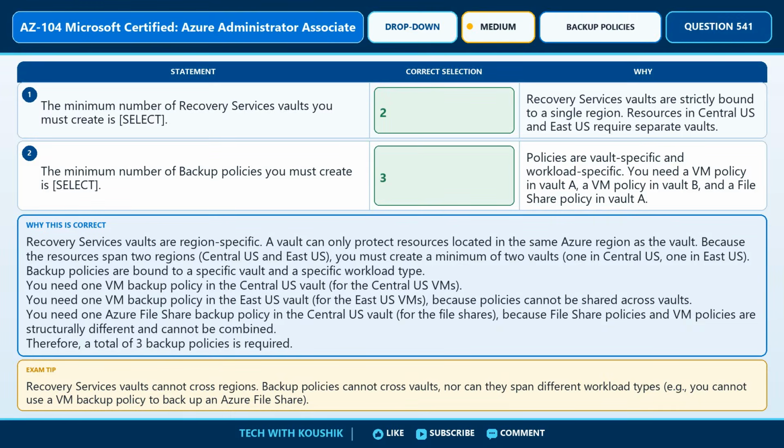Statement 1 should be completed with 2. Recovery services vaults are strictly bound to a single region. Resources in Central US and East US require separate vaults. Statement 2 should be completed with 3. Policies are vault-specific and workload-specific. You need a VM policy in Vault A, a VM policy in Vault B, and a file share policy in